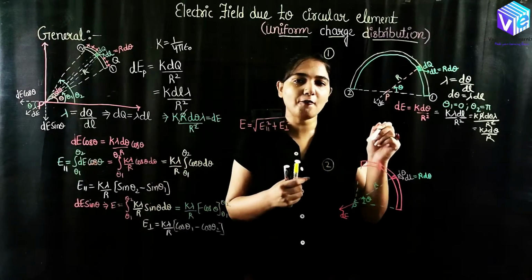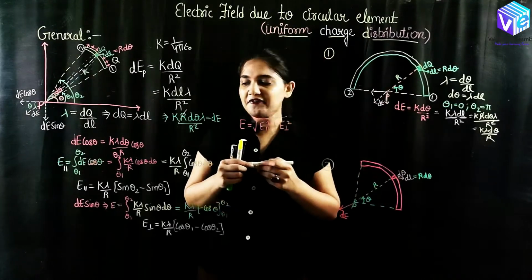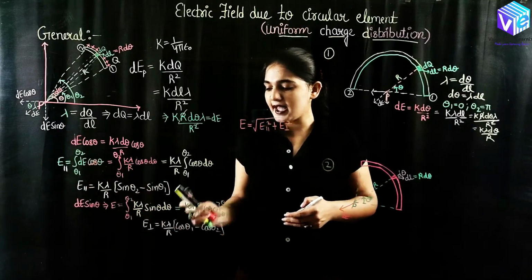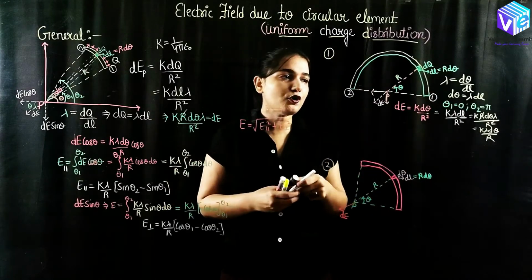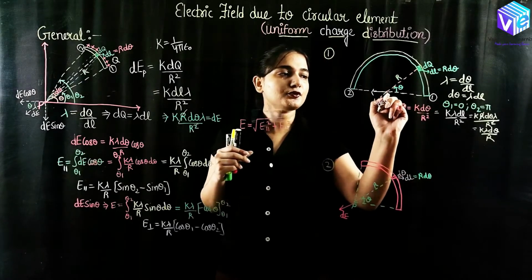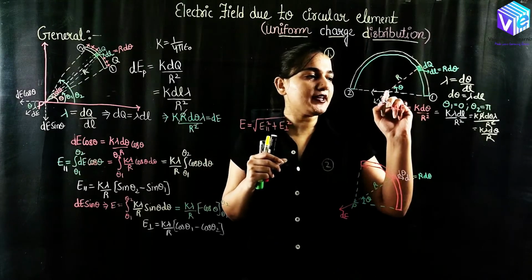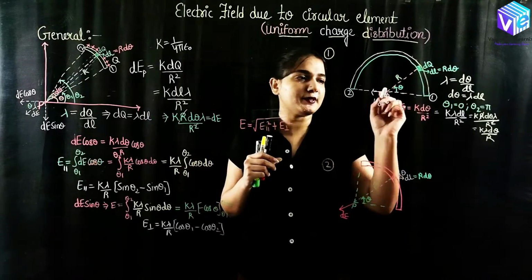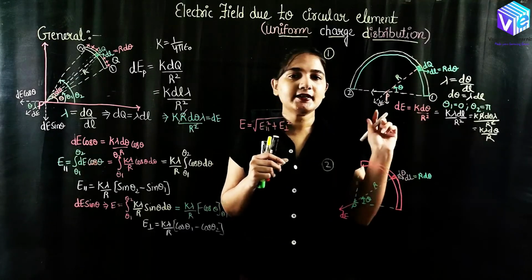Again I will be having two components, the parallel component here and the perpendicular component here. If I derive again, I will be finding out the same formula. E parallel will be this and E perpendicular will be this. Now I have to see what is my theta 1 and theta 2. Here, as I have already told you, my theta 1 is 0. I have to rest at this point P, and I have to see from this point P what is the angle made by this one point. So you can see I have a 0 angle from the point 1, so theta 1 is 0.